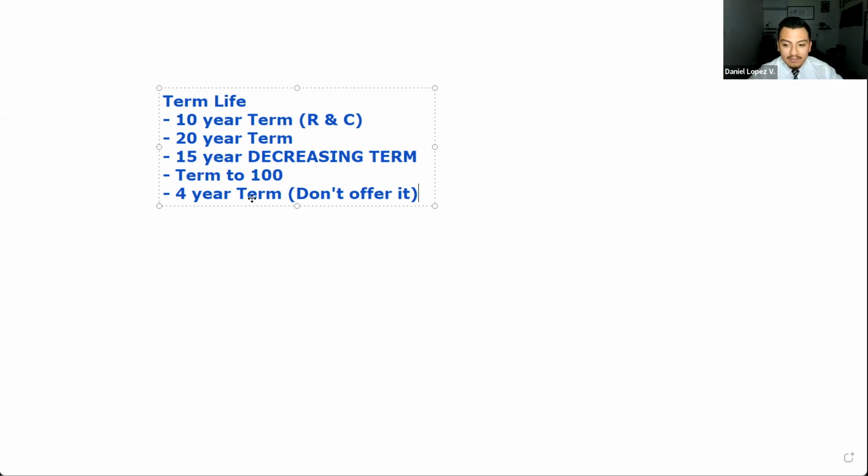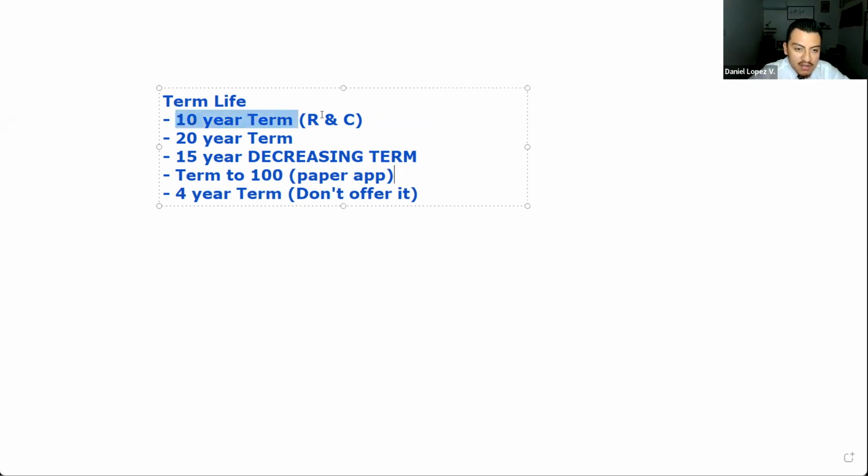What's up? Term to 100. I'm looking on the rate book. I don't see it on here. Yeah, it's not in there. I haven't seen it on e-app. Maybe I'm just not looking for it either. It doesn't exist on the app. It's a paper application. So if you want to do term to 100, it's only a paper application. So it's all paper, no digital. Okay. Now,